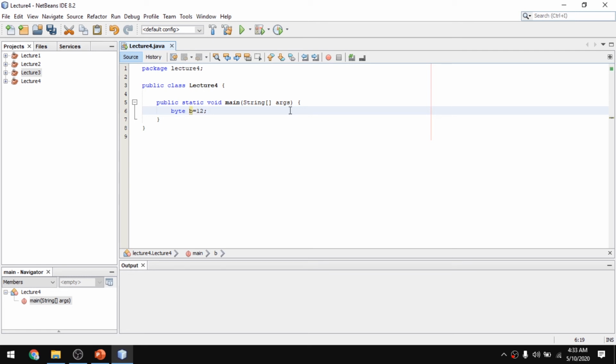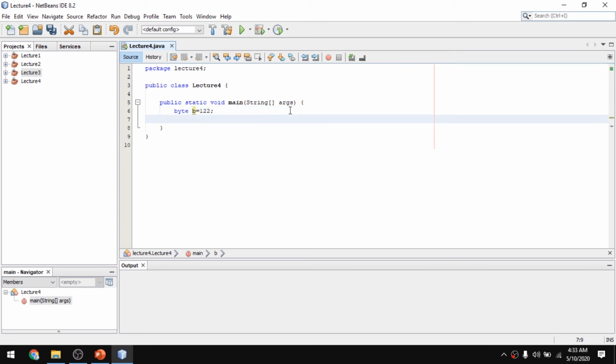So let's suppose we put a value higher than the range. I think the next value beyond the range was 128. So what if I put 129? It will give an error. We can't put values outside the range. Let's suppose we get that back to normal, and I will create all the variables.